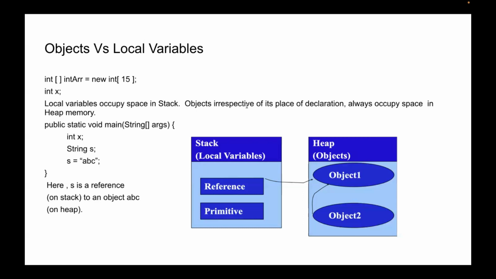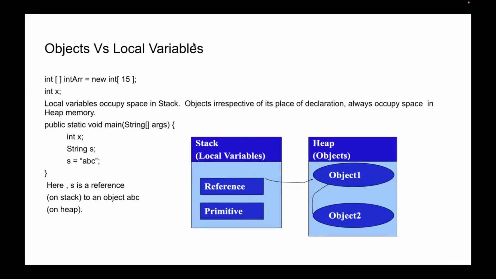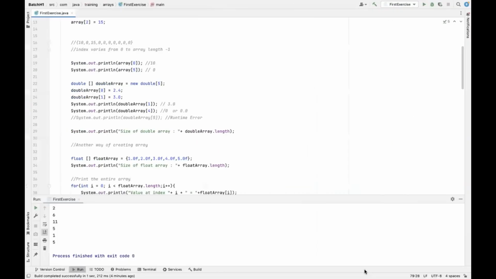When you allocate 2D from 1D array, I did not get your question. Hello? I'm not sure if you're able to, you might be on mute. Okay, let's